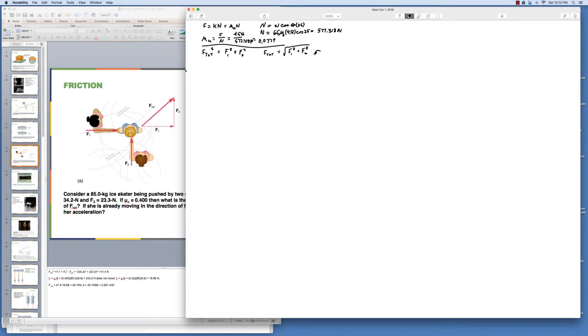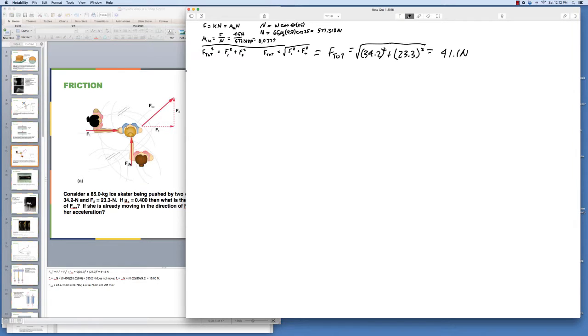So if we put the numbers in, the square root of 34.2 squared plus 23.3 squared, and working this out, you get 41.1 newtons. So the total force that these two ladies are exerting on their friend here is 41.1 newtons in